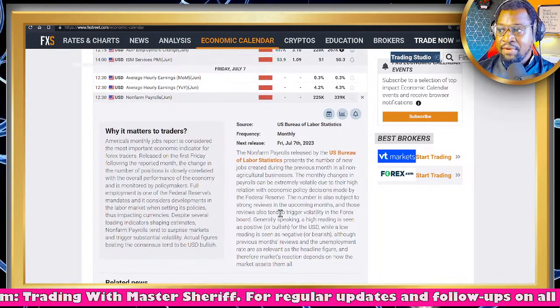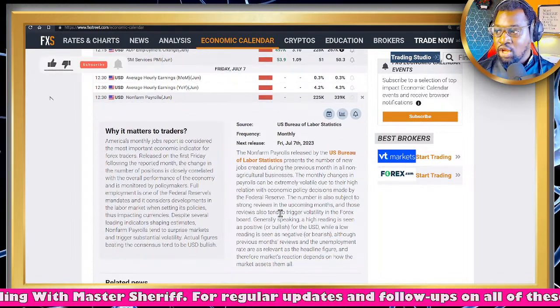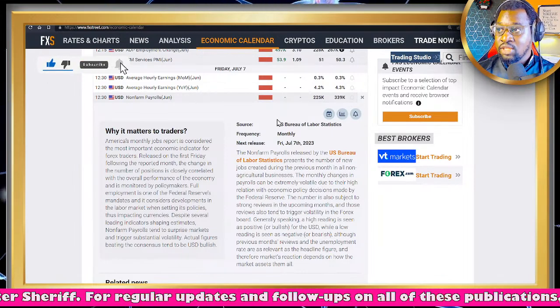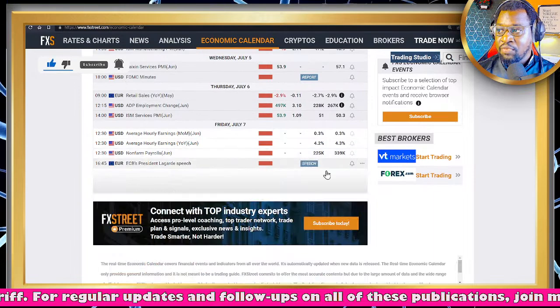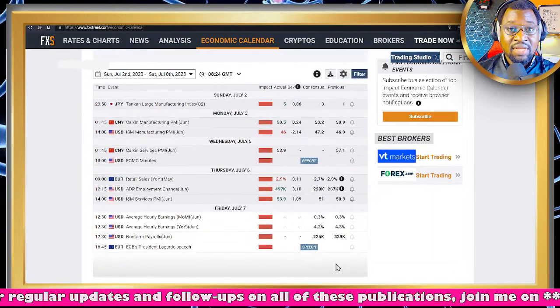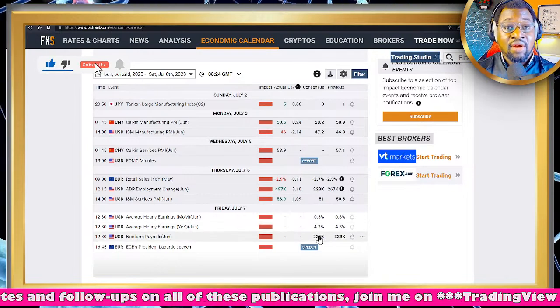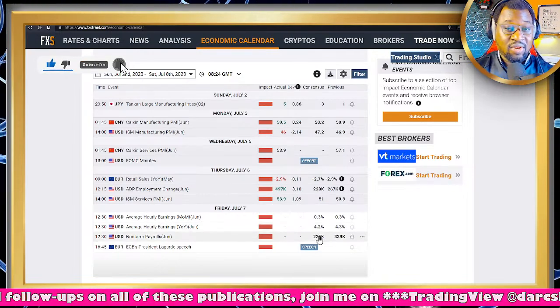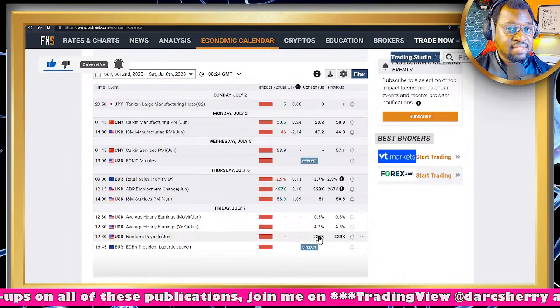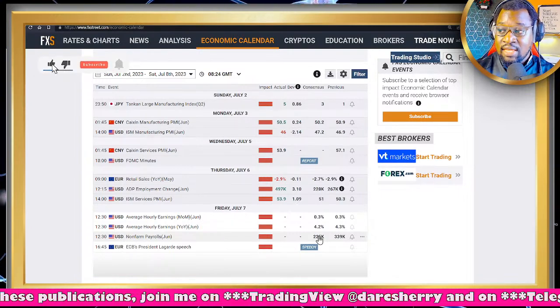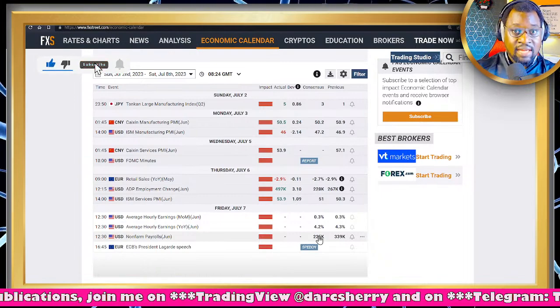And so a high reading is seen as positive for the dollar, of course, while a low reading is seen as negative for the US dollar. And if we look at the previous data here, it's around 339,000, and we have a general consensus of 225,000. So there is this belief that there's going to be some contraction in the actual data,